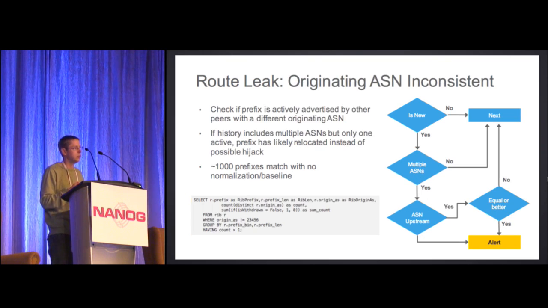So another check is to do ASN inconsistent checks. That's specifically checking to see if the same prefix is being advertised by more than one AS actively. And this is kind of period-based. We do have a period of time because we expect that there could be convergence, and there also could be cases where, like within Cisco, we have a lot of ASs, and we can move things around. And it could be that I get a prefix from somebody,